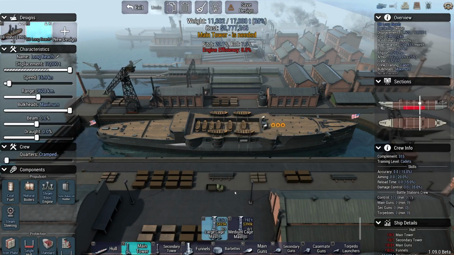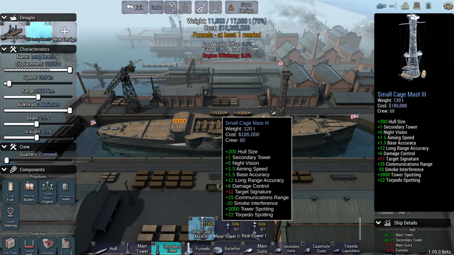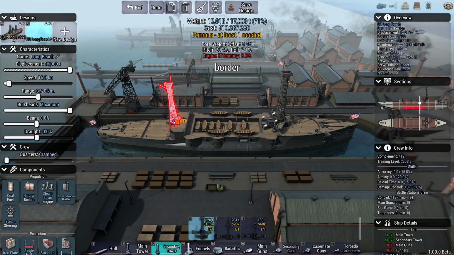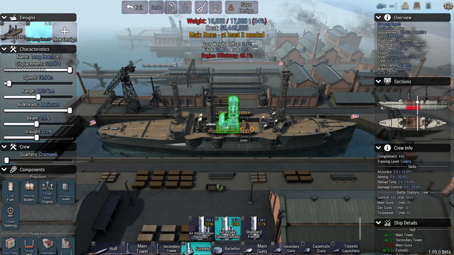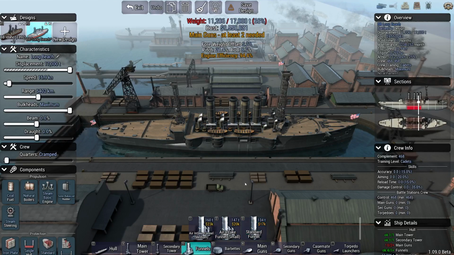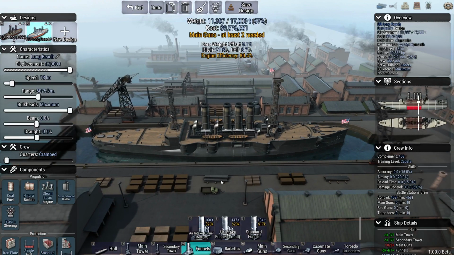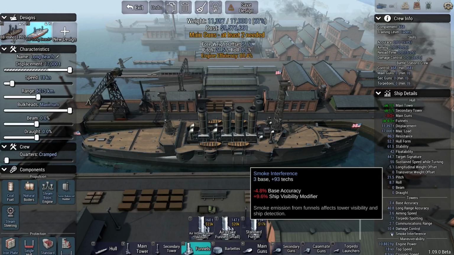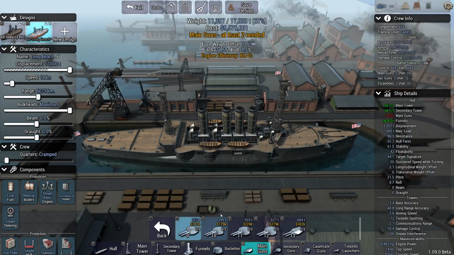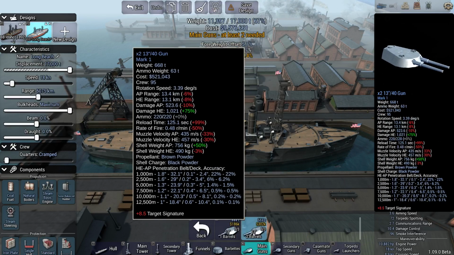Let's see, Battleship 2. We got large cage mast 1. Or the medium. Yeah, large one is better. Oh, but here I'm not sure. Yeah, the cage mast is the superior mast. Funnels. Let's go with a standard. I do want 18 knots, though. Nice. I do not wish to know, though, what my smoke interference is. It's not even that bad. Okay, I'm surprised. Let's see, I have not gotten any new tech except, well...